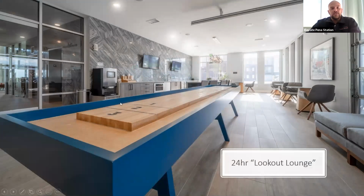This is my Lookout Lounge. Now my Lookout Lounge is a beautiful shared space for the residents. It's in addition to the clubhouse. Over to the left, the glass doors lead to the sitting area, my office, the back of the house, and the elevator to go to the 2nd floor. But in this space, we have Wi-Fi, big screens. We do have the shuffleboard, and there is a 24-hour coffee, hot cocoa, and tea bar, which our demographic loves